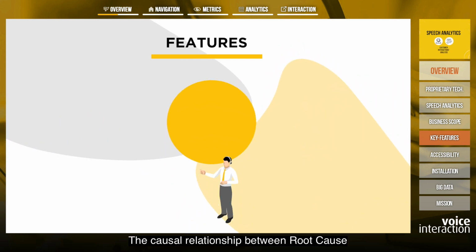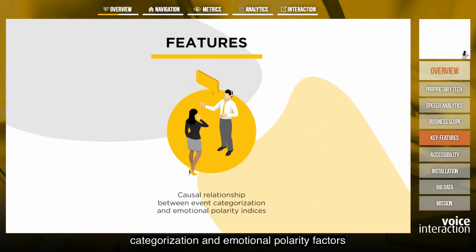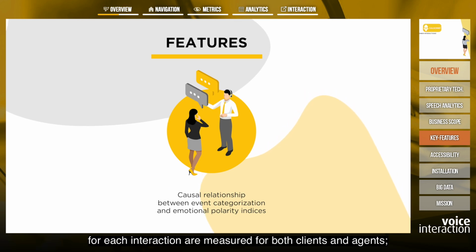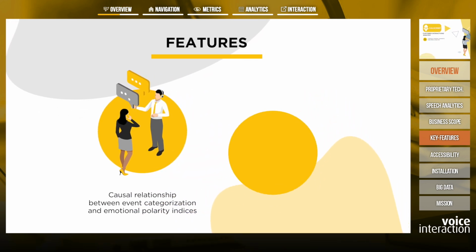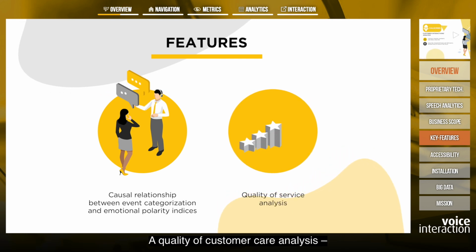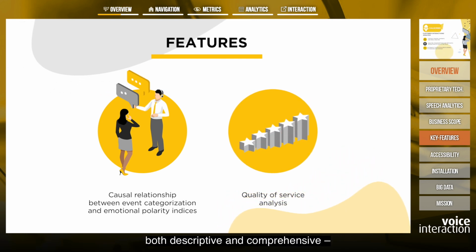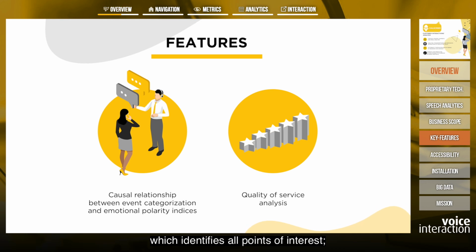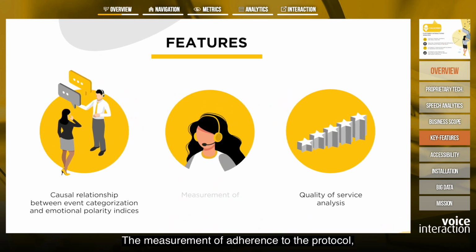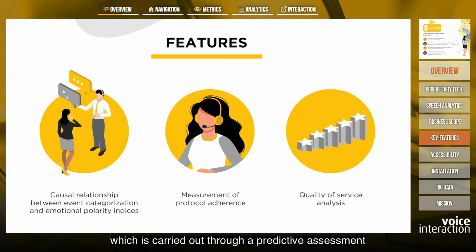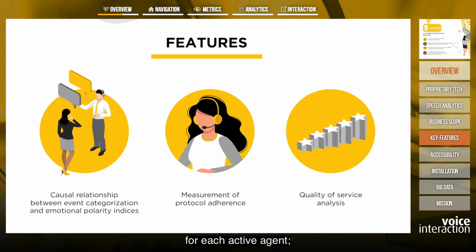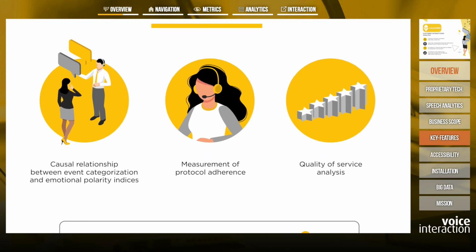The causal relationship between root cause categorization and emotional polarity factors for each interaction are measured for both clients and agents. A quality of customer care analysis, both descriptive and comprehensive, which identifies all points of interest. The measurement of adherence to the protocol, which is carried out through a predictive assessment for each active agent.